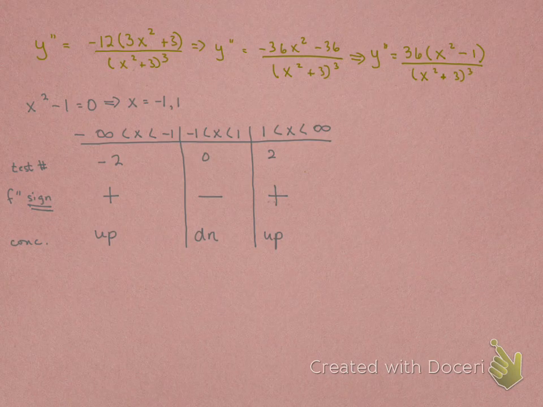Okay, you know that it'll go from up to down right there at -1, and then it'll go from down to up right there at +1. We just don't know yet what the graph looks like in its entirety. All right,